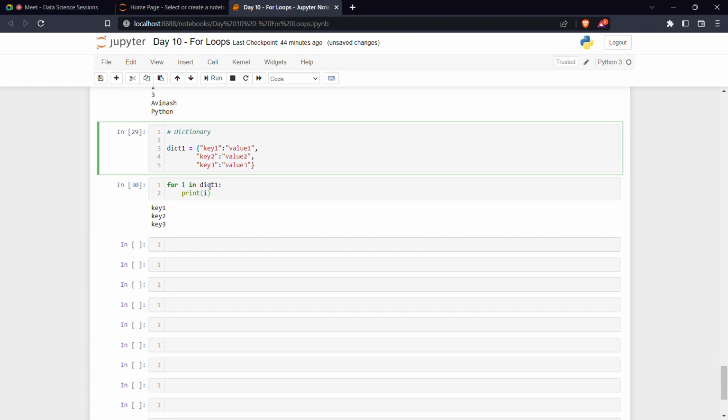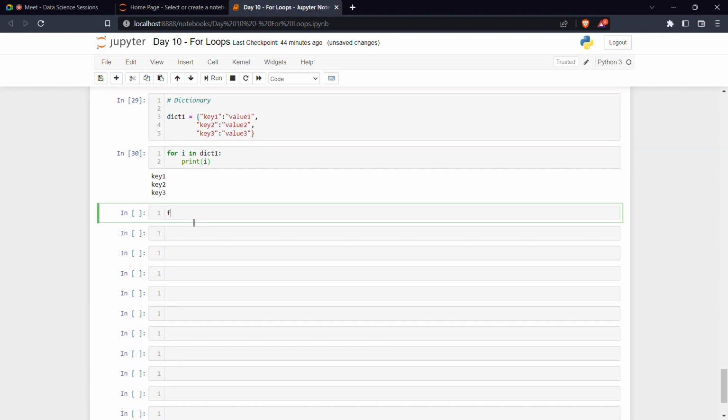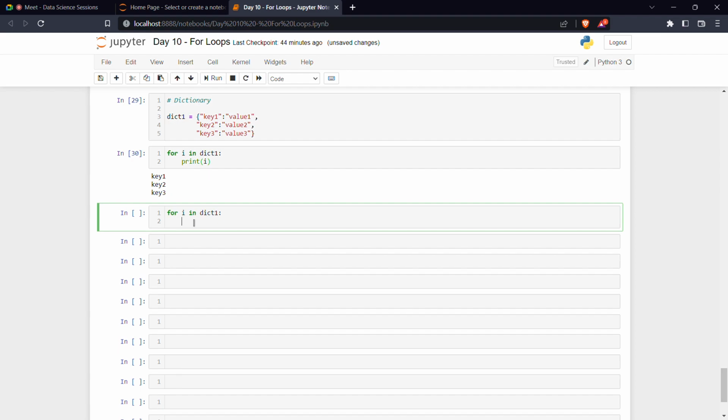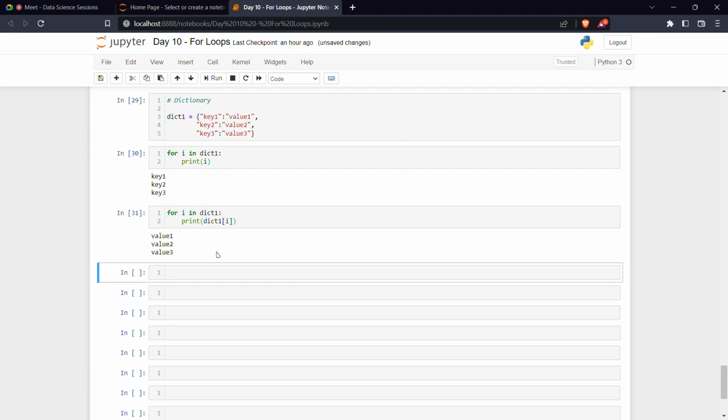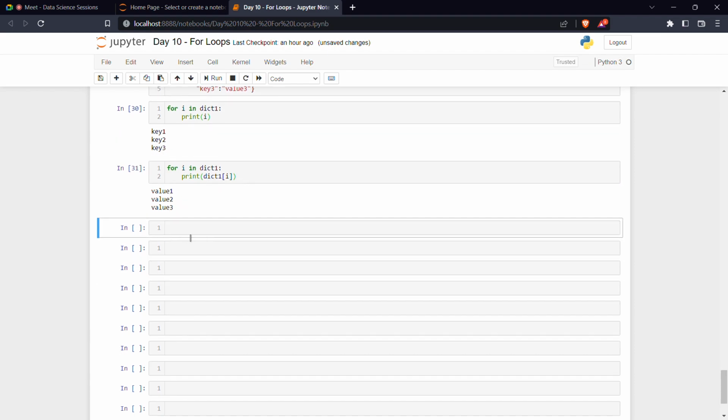So let's do dictionary indexing here. Dictionary indexing is different from list indexing or tuple indexing. It doesn't use zeros and ones, it uses keys as indexes. We know that i values represent keys: key1, key2, key3. In the first iteration, i is key1, in the second iteration it is key2, and in the third iteration it is key3. So for i in dict1, if you print dict1 of i, it is going to print the values. But if you want to print both,